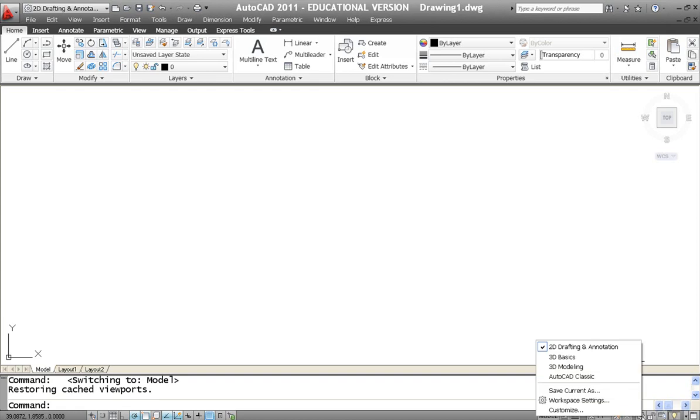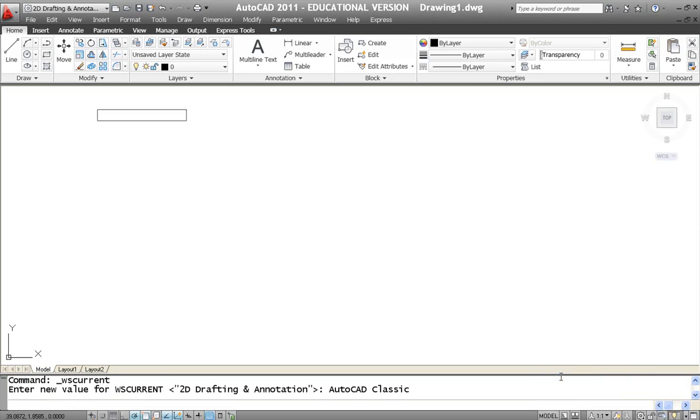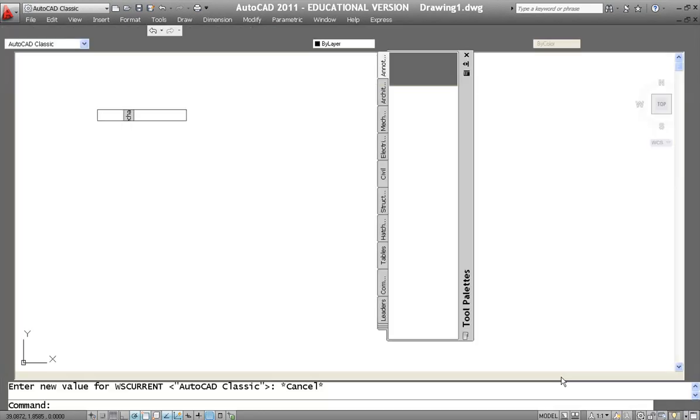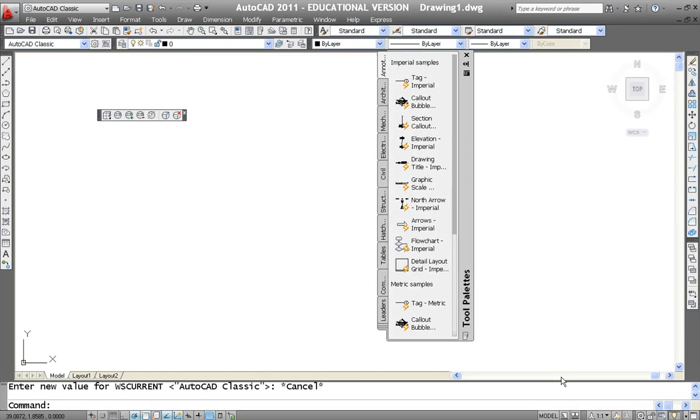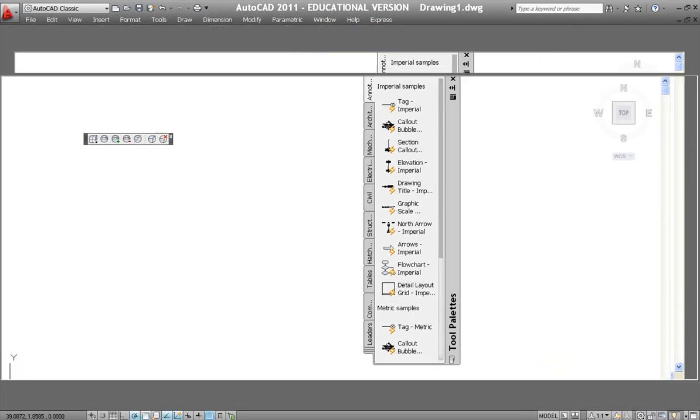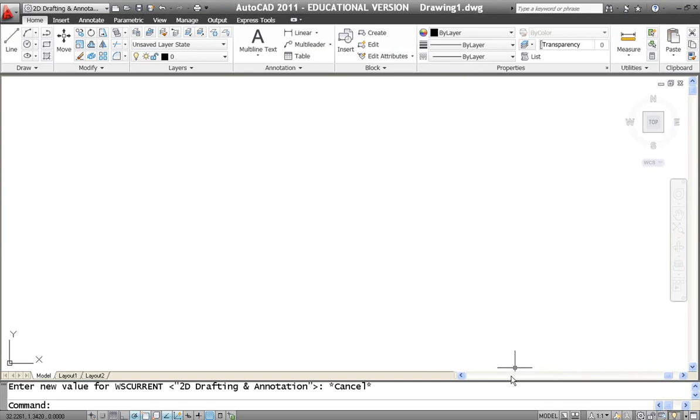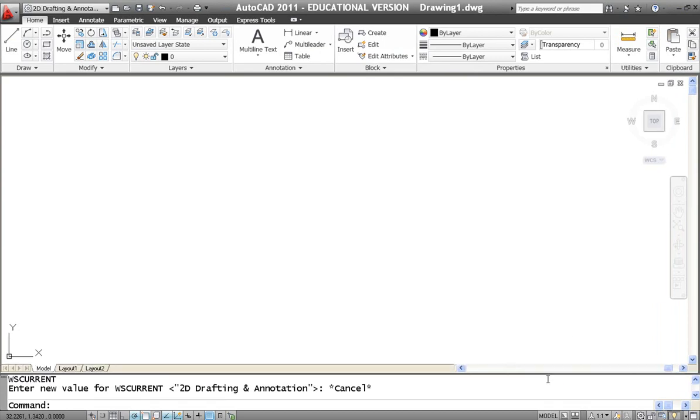for the workspace switching. Workspaces in AutoCAD are just different interfaces, different appearances of the interface. And if you've been used to using AutoCAD for some time, you may choose to pick AutoCAD Classic. AutoCAD Classic looks like this, and for long-time users of AutoCAD, it's a little more familiar. We'll be using 2D drafting and annotation in the CAD graphics course, so that's where I'm going to leave it for right now. Now, 2011 has a couple of features here that you may not really want turned on, and